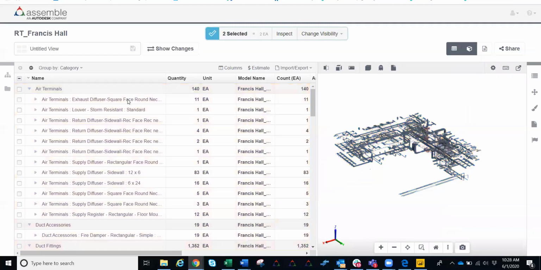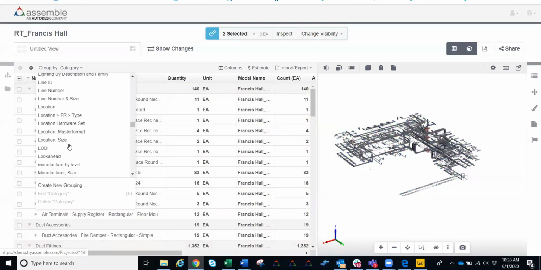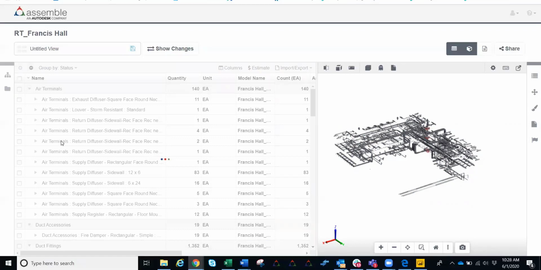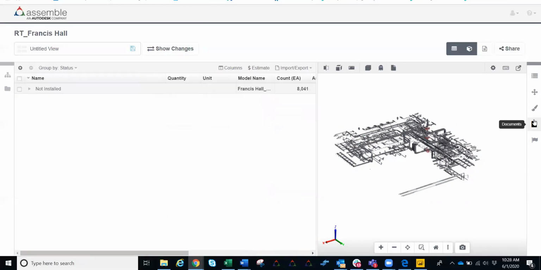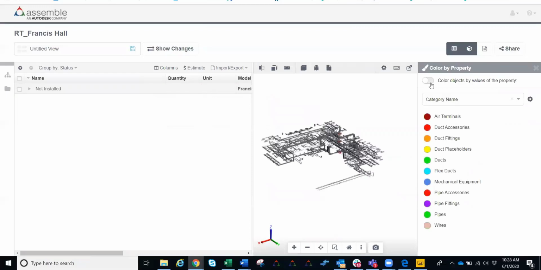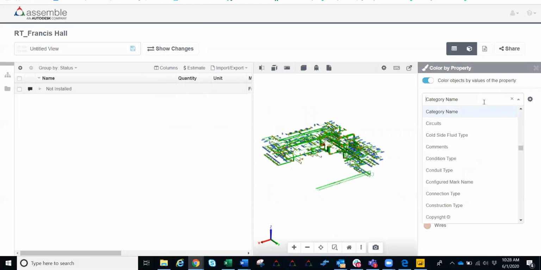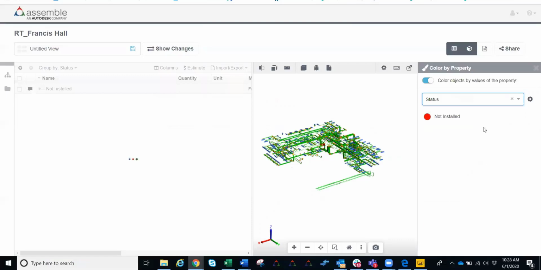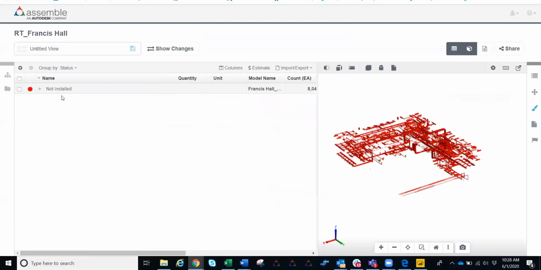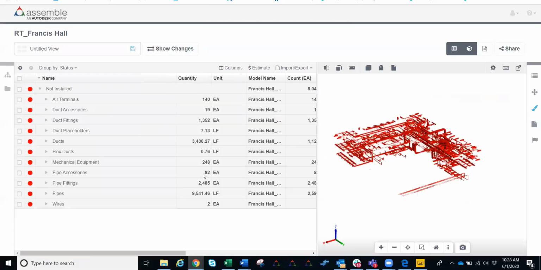of that status property. So coming in here into our group by, I'll now scroll all the way down to our status field. And then we'll also colorize everything. So turning that on, right away I'll switch this over into our installation status. Right away, you can see that everything in the model is going to be that red. And you can also see over here within our status field all of those quantities that are underneath that not